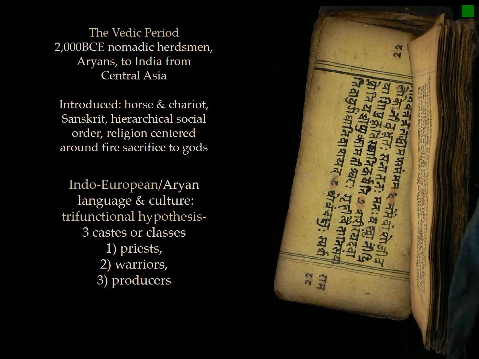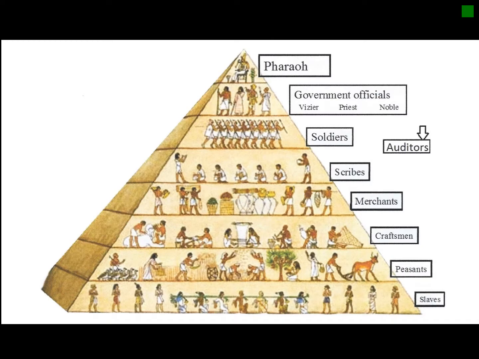And it has a three-caste or three-class system, whereby at the top we have priests who are in charge of the gods and all divine aspects of life. The second level will be made up of warriors who protect and reinforce this culture. The third of producers, like food and craftsmen. Hence, the pyramid is similar to all of the other cultures we've looked at in this class, only in India